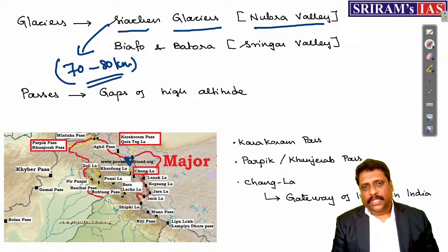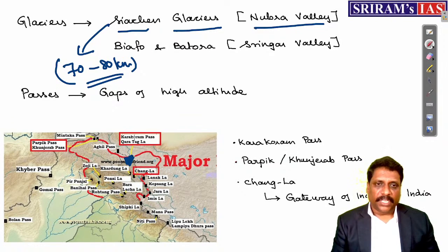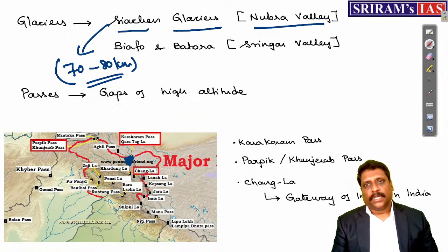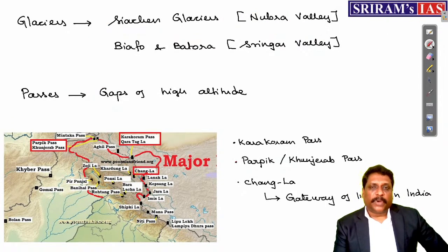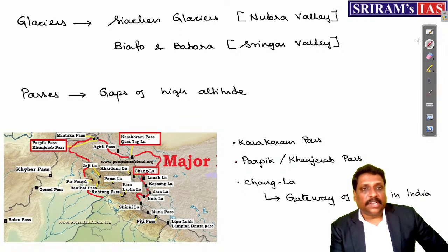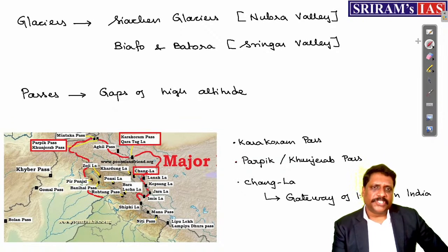Somewhere it is located along the Karakoram range, very near to K2, very near to the Karakoram Pass also. Any glacier is confined to a valley region, and this valley you call what? Nubra Valley, my dear friends. And Biafo glaciers are confined to Shigar Valley. We have plenty of other glaciers, like Hispar and others. Then, my dear friends, we have plenty of passes in this region.